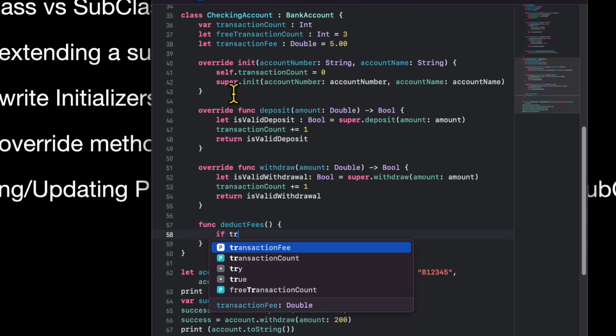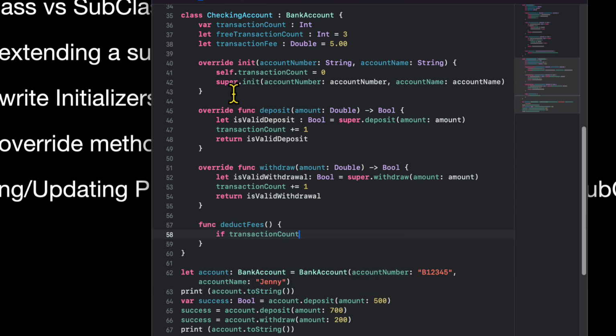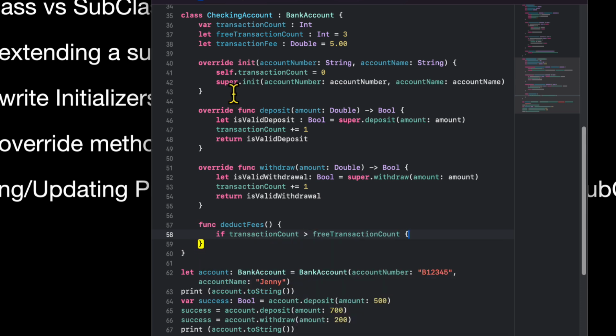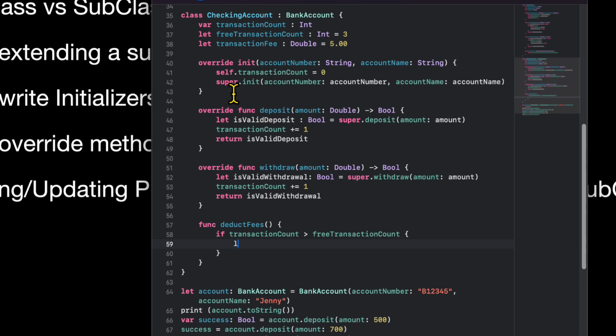This is if the transaction count is greater than our free transaction count. Then we want to go ahead and let our fees, which defined as a double is going to equal the transaction fee times, and this is going to be the